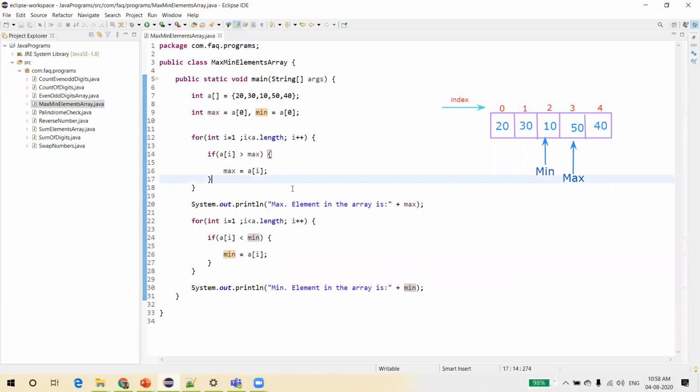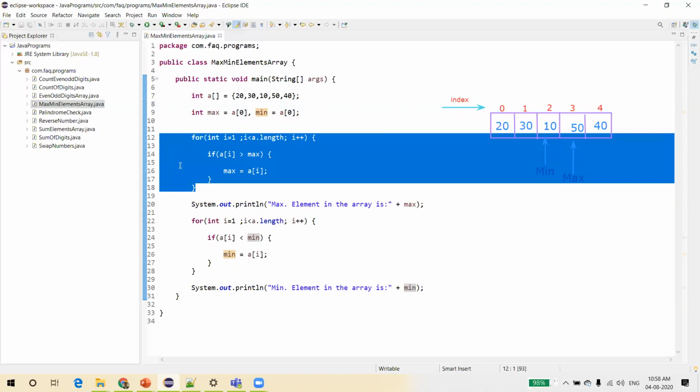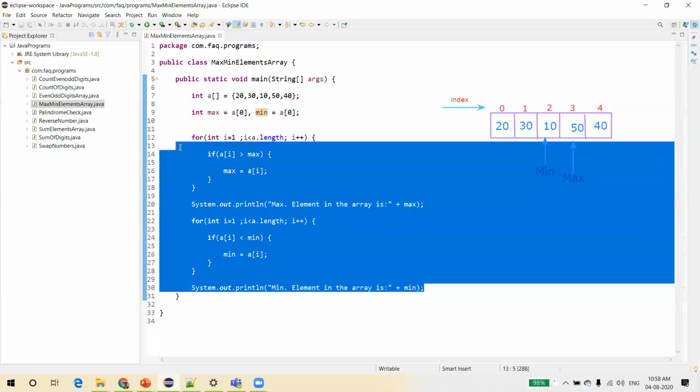Now let us try to optimize this program. So what we are going to do now is, anyway we are going to find the maximum and minimum elements from the same array, but we are reading the array 2 times. Once for finding the maximum element, and a second time we are using a for loop to find the minimum element in the array. Instead of that, what we can do is, let me copy this for loop. Let's try to achieve this with one for loop.